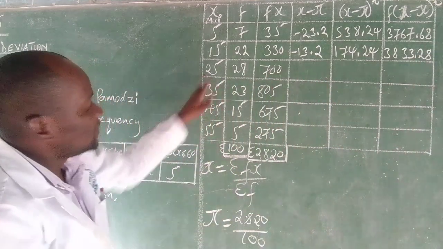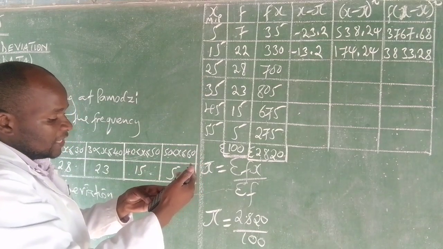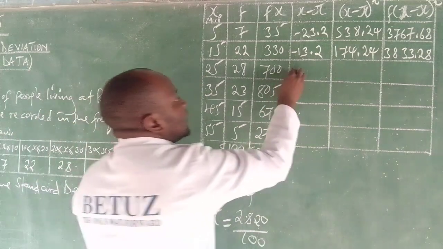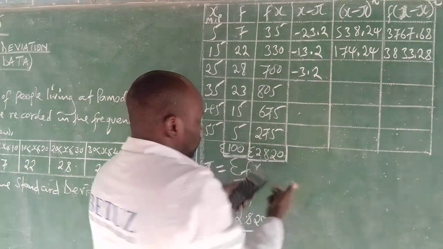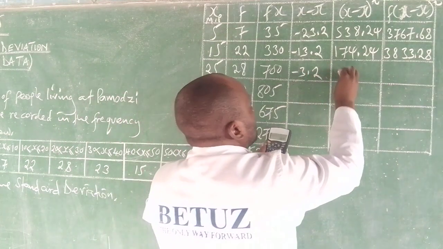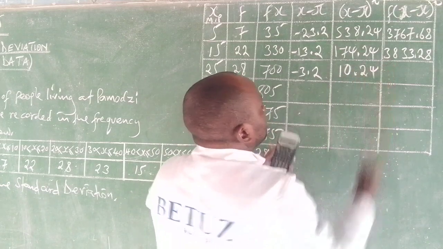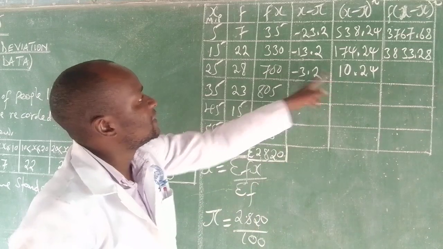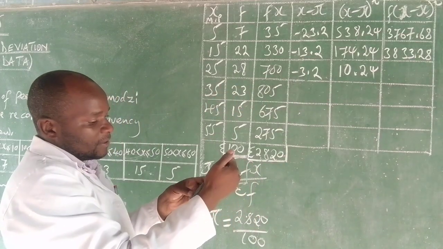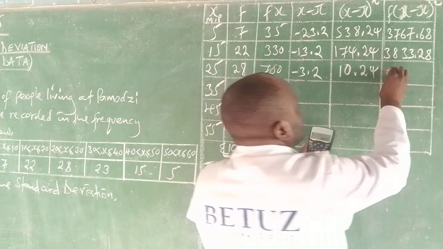33.28. Next, we have 25, which is x, minus the mean, 28.2. We are getting negative 3.2. We square it, we are getting 10.24. Then we multiply that by the frequency, 28. We are getting